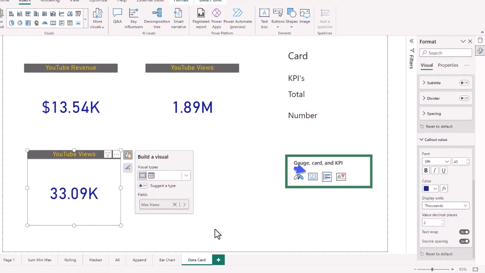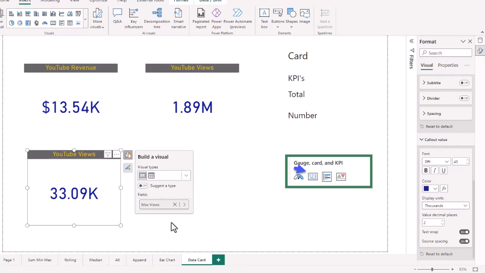So in one day, the most views this channel had was 33,000 views in one day. So that's what we're looking at, how many different ways you can look at the data views of this channel. And for the data views lifetime, you've got 1.89 million, and for the data views in a day,